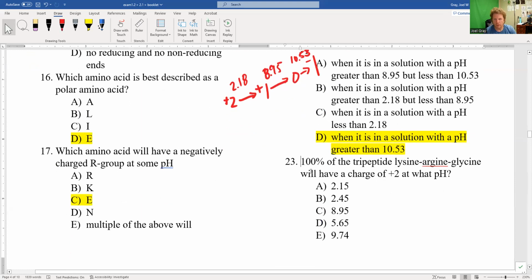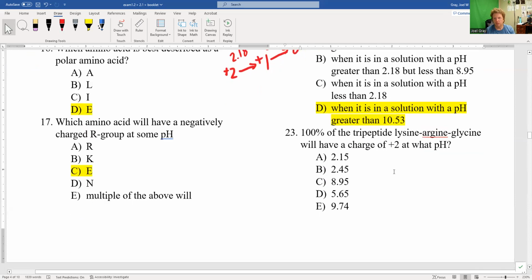Now, number 23, 100% of the tripeptide lysine, arginine, glycine will have a charge of +2 at what pH? Now, to solve this problem, what we need is our pKa values, and then we need to figure out which pKa values matter. So I'm going to write out